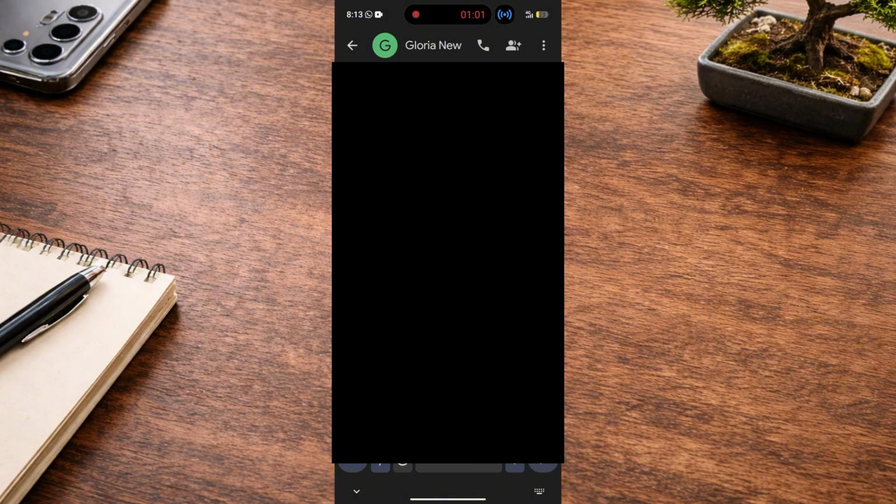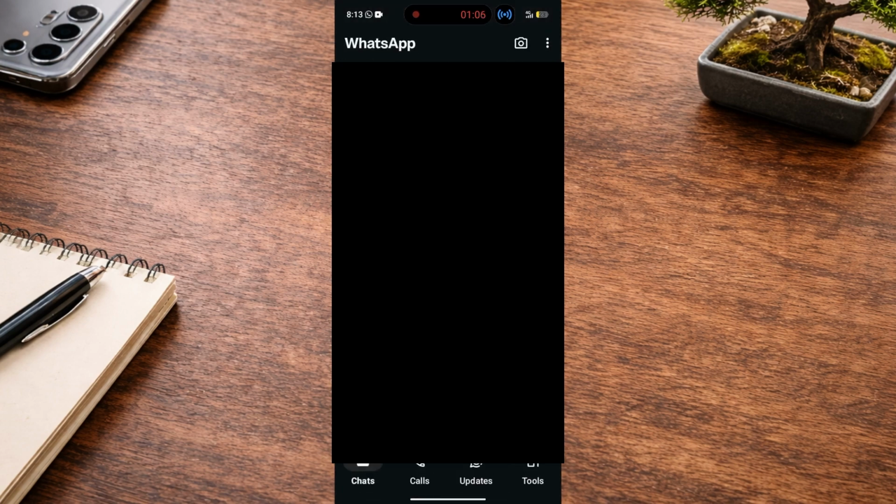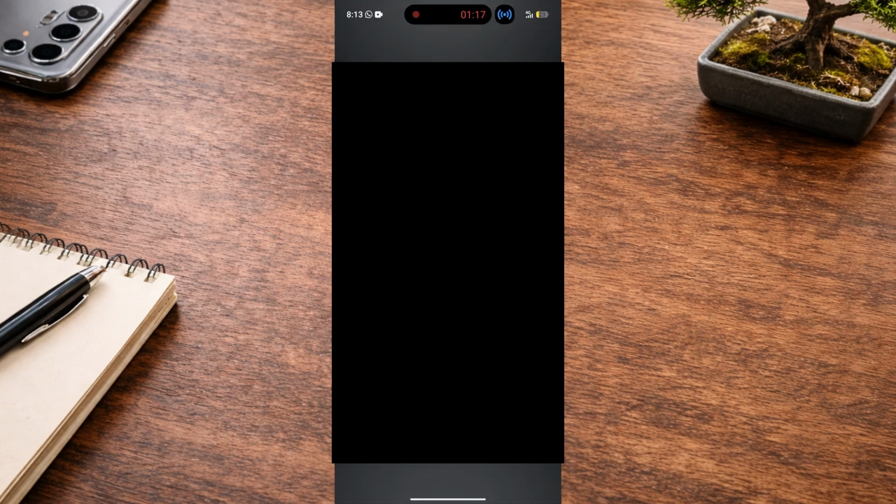Then you'll have to send your WhatsApp profile link. Come back to WhatsApp, tap on settings. Now here you can choose what you want to do. You can tap on this share icon, then copy your profile link. Now go ahead and send them the profile link over here like this,